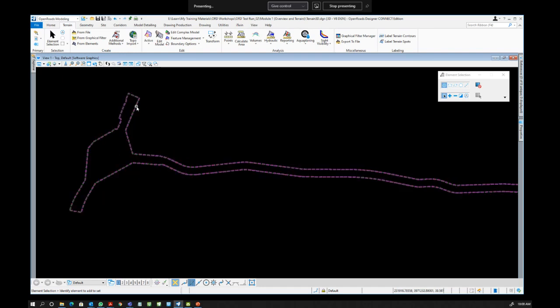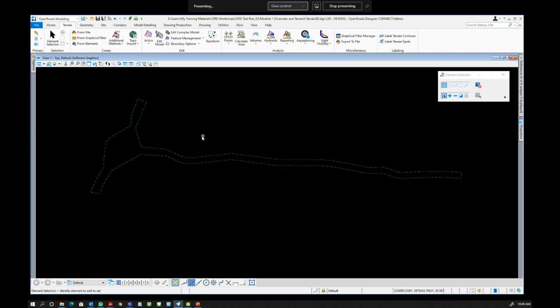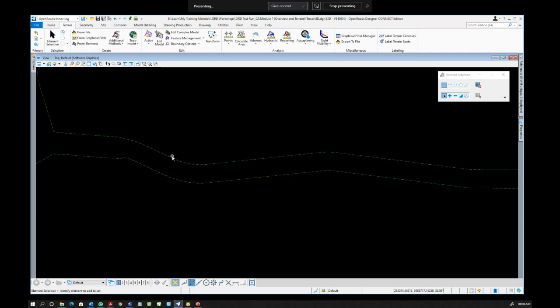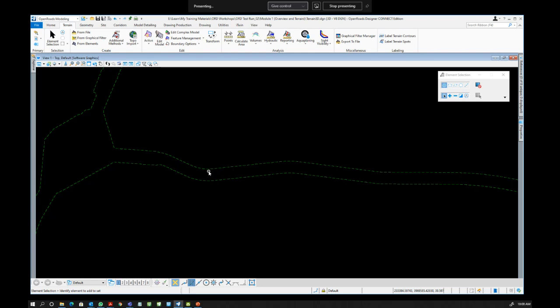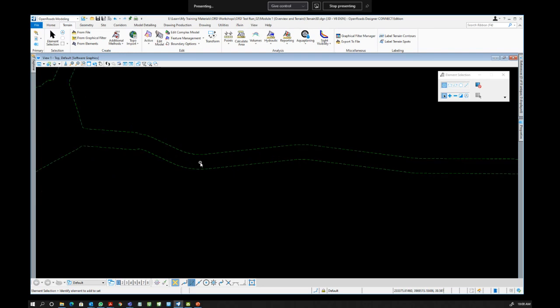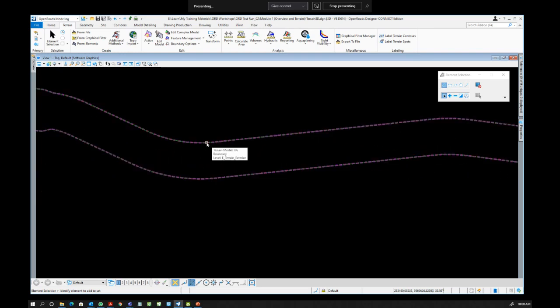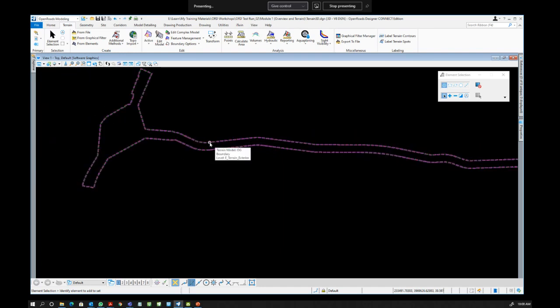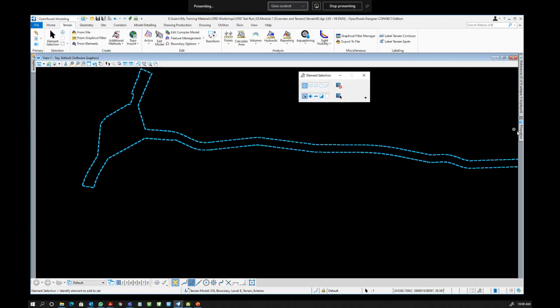Okay, so basically, this terrain file coming from the land XML is displayed as terrain, but showing only boundaries, okay? Now, you might be asking, does it really contain any civil information? Yes, of course. So what you need to do is probably select this,